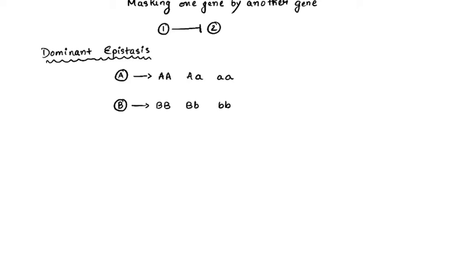Now, let's say A is epistatic in nature and B is hypostatic in nature. So when A is epistatic and the phenomenon is dominant epistasis, then whenever a dominant capital A is present in a dihybrid with capital B or small b, it does not matter, A would always mask the effect of B. So this is the meaning of dominant epistasis. Whenever there is a dominant form of the epistatic gene, it would always mask the effect of the hypostatic gene. Now, let's say we have two parental